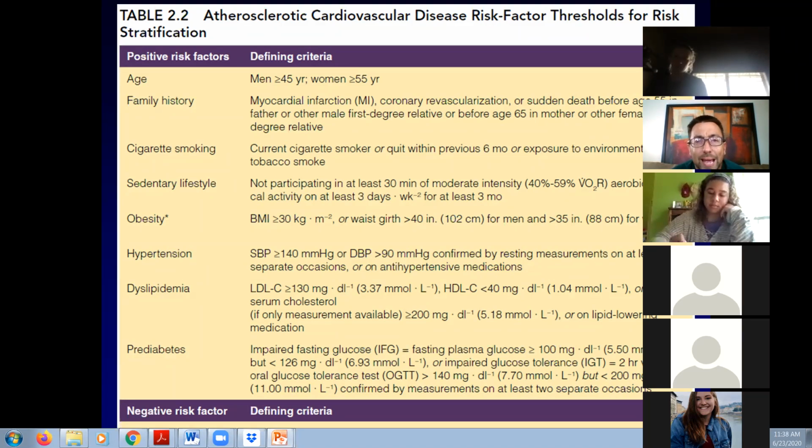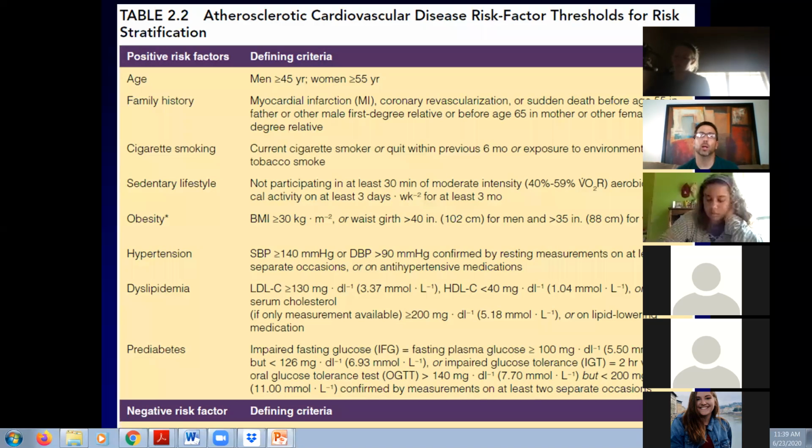And what's going to tend to happen because of that, rather than just immediately calling them moderate risk, the accepted protocol is if someone doesn't know the answer to a question, we can't get an accurate answer, then we just count that question as basically a yes. We count it as a risk factor. Okay. So if you don't know your LDL or your total cholesterol and you don't know your fasting glucose, then we would just count those two as risk factors.